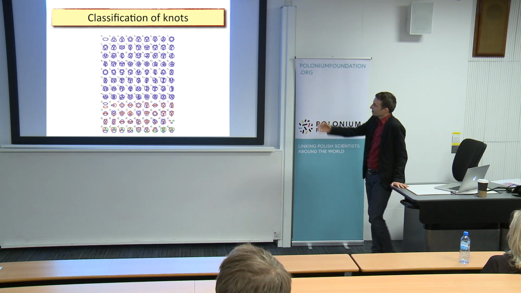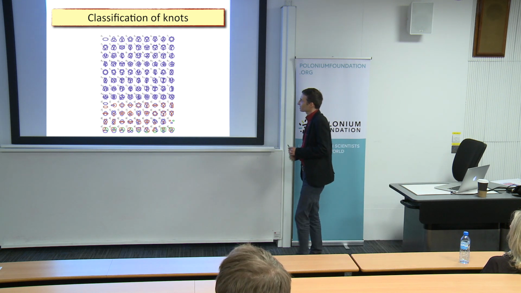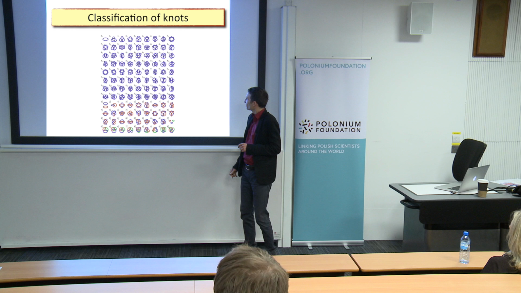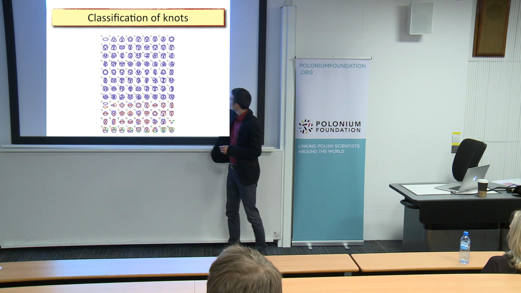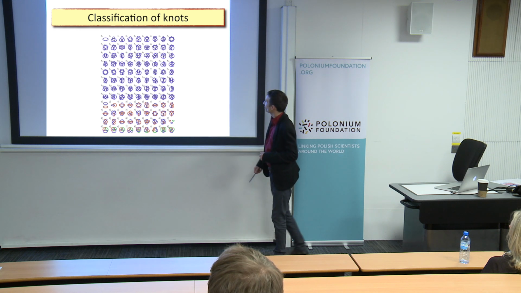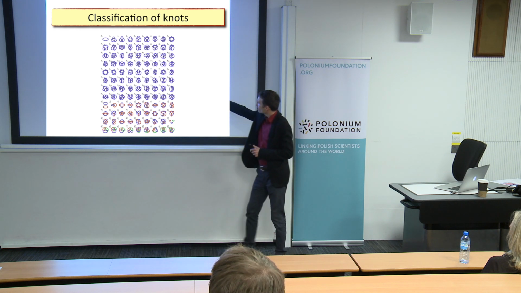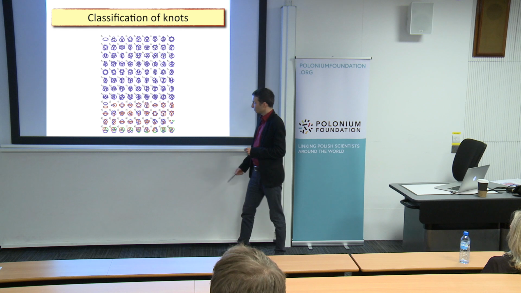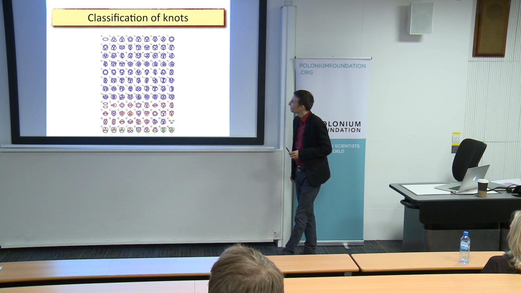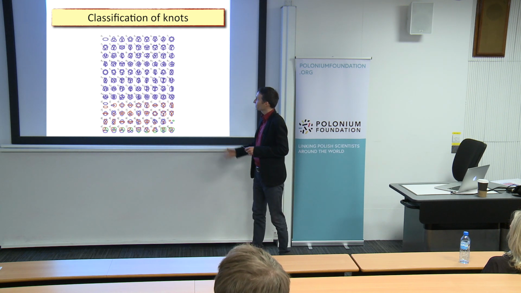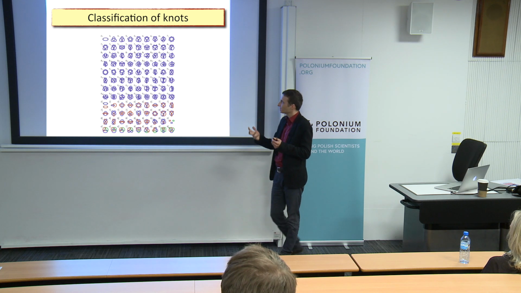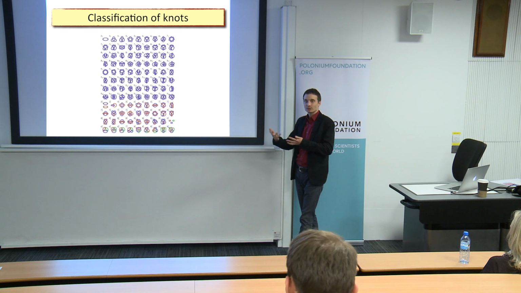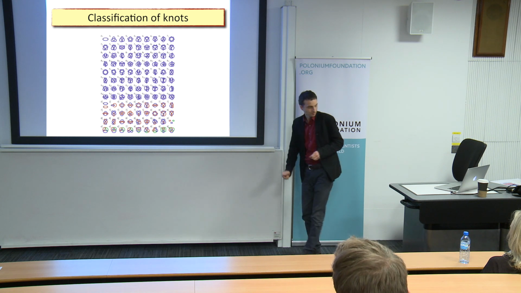And here is a table which mathematicians made. You see here are listed all knots up to 9 crossings. Here is 9 with index 36. I mean knots, and then some of those links. Of course, these are the simplest knots and links you can find, but there are many more, and mathematicians would like to have a general theory and some general statements which tell you that two links are indeed different.